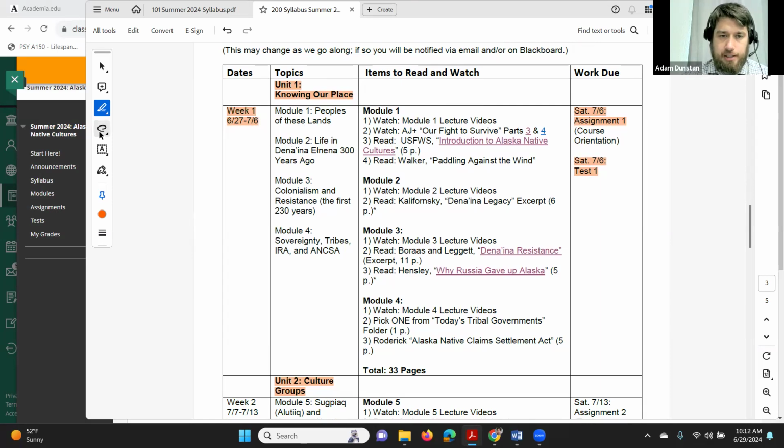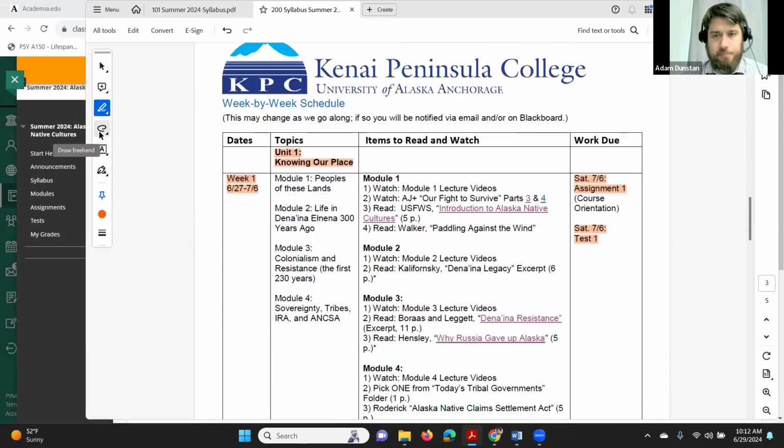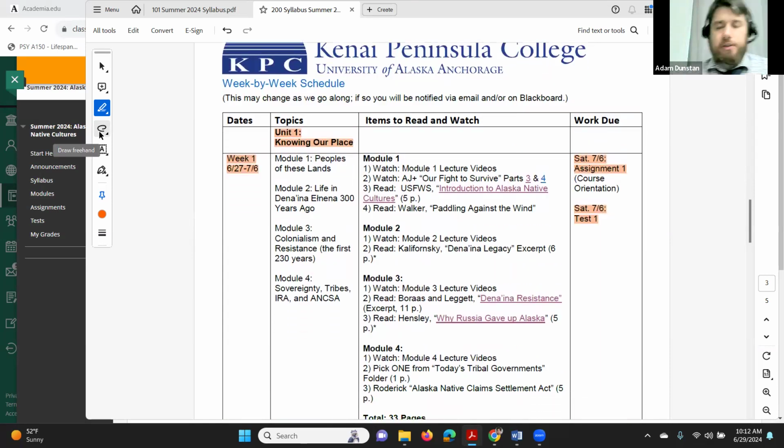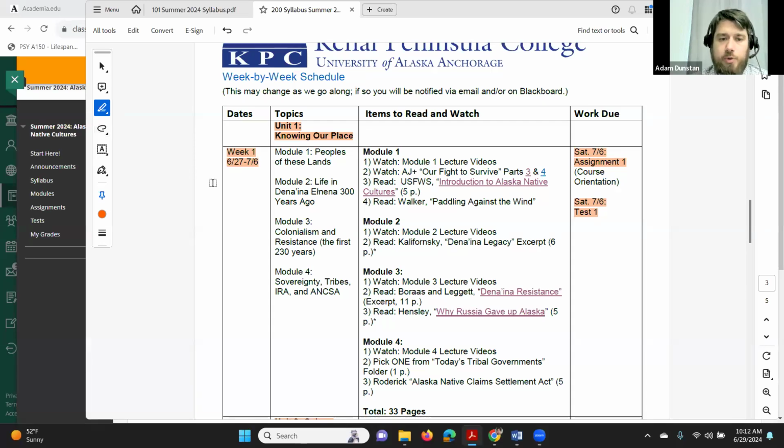The last couple of pages is the course structure, the course schedule. Basically a few things I want to point out. The course is run on a weekly schedule. So there's 5 weeks, each of them from Sunday to Saturday. So you'll have the content available by Sunday. Most of the content's already available. But if it's not already available, it'll be available by Sunday of that week. And then whatever you have due, whether that's an assignment or a test or both, there's always something each week. But whatever it is that's due, it's due by that Saturday at midnight.